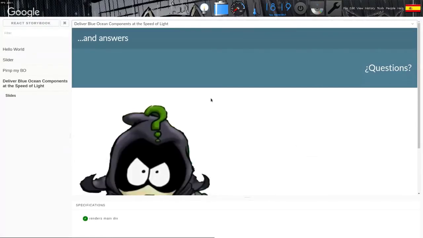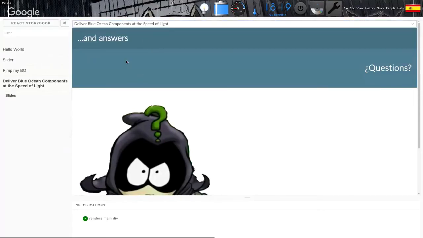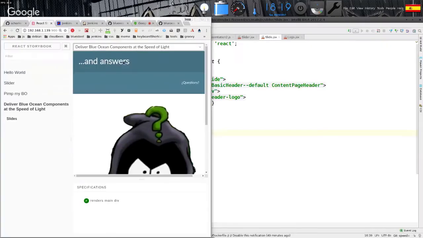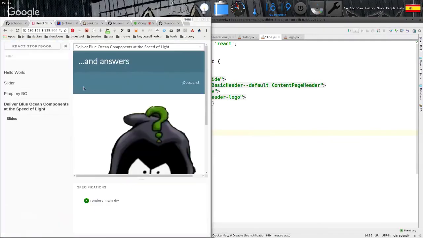Exactly, exactly. You could implement this whole component in the Jenkins that I have shown you before. In this one I could add a new tab and point it to the presentation of my plugin, and it would go into that mode, and you would be able to do exactly what we do here